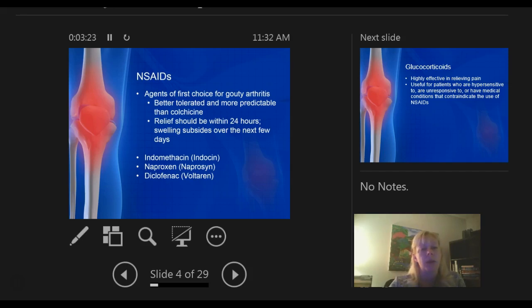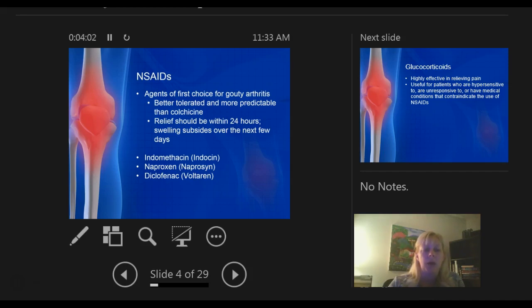What I want you to think about, and I always use that umbrella, is that gout is the top of the umbrella. And then underneath it we have abortive therapy, and then we have preventative therapy. That's used for quite a few conditions, such as migraines: what's going to get rid of your migraine right away and what's going to prevent another migraine. It's similar with gout: what's going to treat the gout flare-ups, and what's going to help prevent it from coming back. So right now we're talking about abortive therapy, meaning let's get this gone right away. So NSAIDs, which you guys should know about, right? They're the agents of first choice.